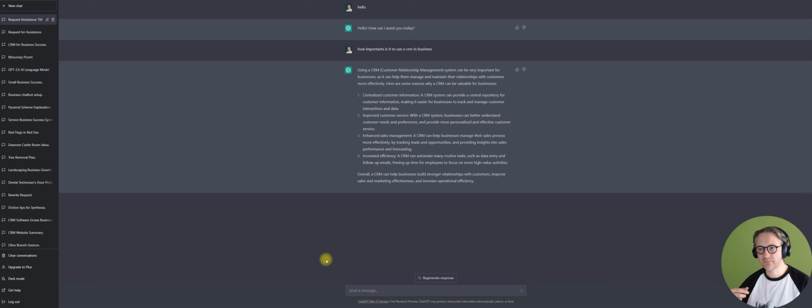I prefer using this, and the Google one's not been released yet. That's not supposed to be very good at all at the moment, but I can imagine that that's going to get much more popular as they test it and bring it up to speed, and also they're going to integrate it into all the Google documents, spreadsheets and things like that, so that's going to be really useful when that comes out.